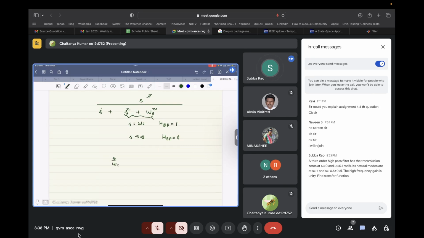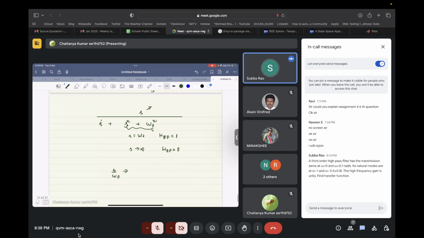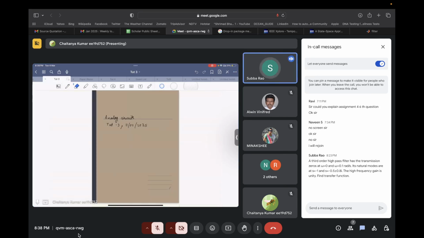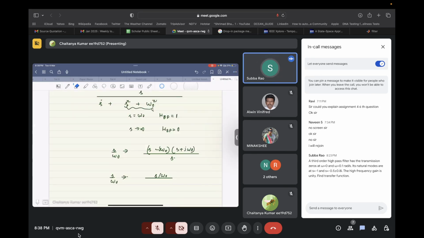Okay, so replacing S by omega naught with S minus j omega naught times S plus j omega naught divided by S, this can be done. So the other term that we were saying is, what did you want? What was the other term that you were asking? S by omega naught by S, 1 by omega naught by 1 plus s square by omega naught square. So